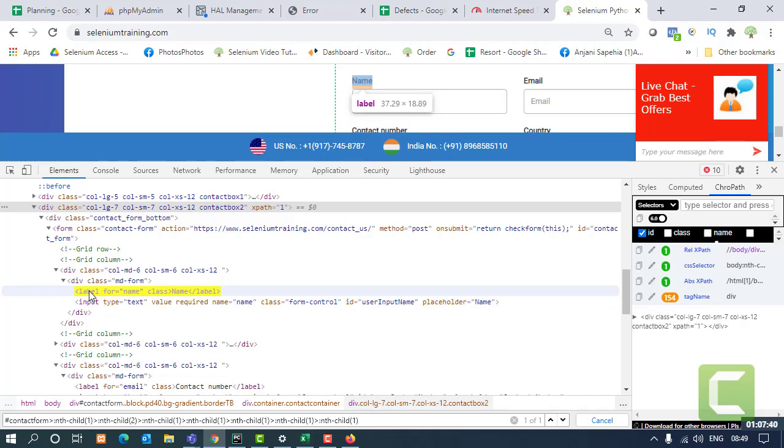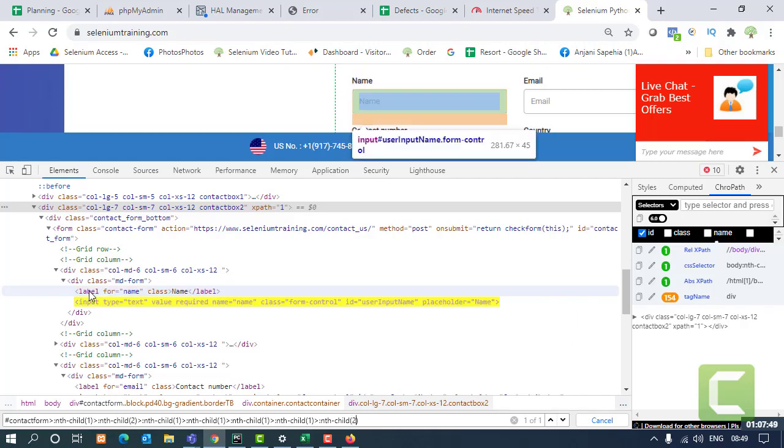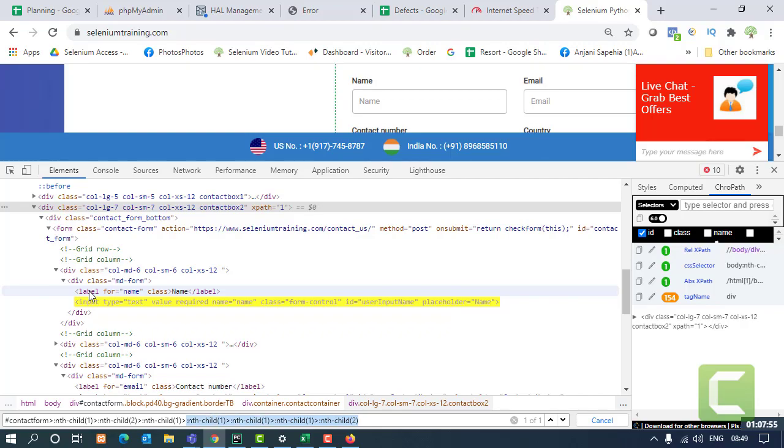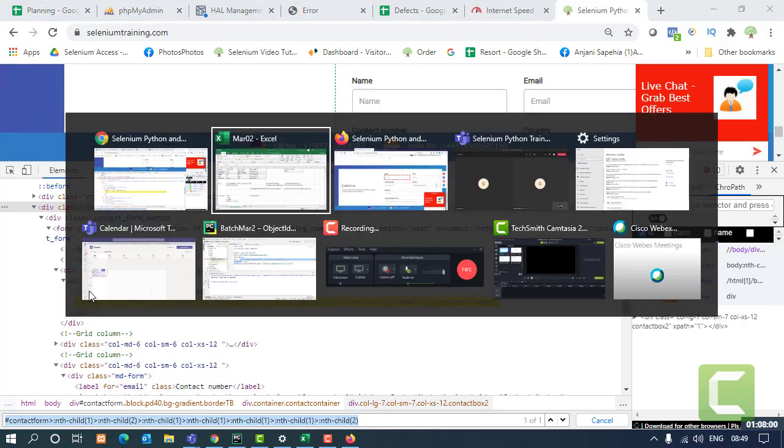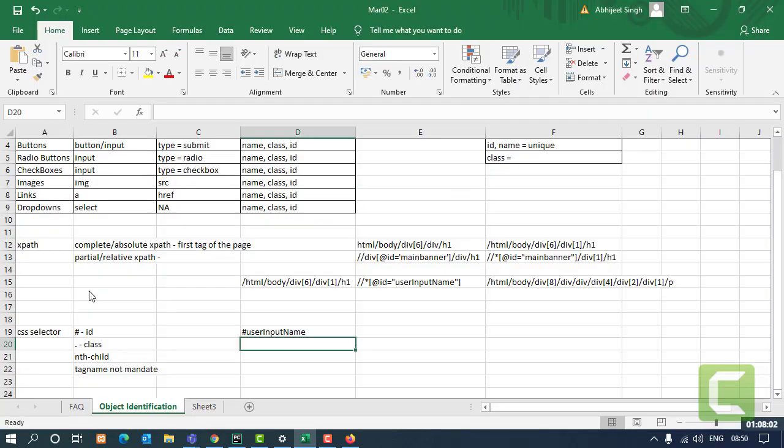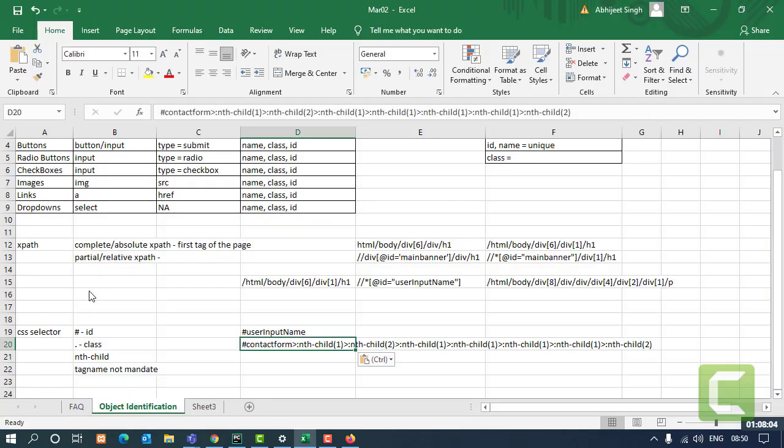I want to look for that, or I actually want to go into the text box. So I'll change the number to second. So this will take me to the text over here. And this is what I have got as the CSS selector for my text box, the first text box.